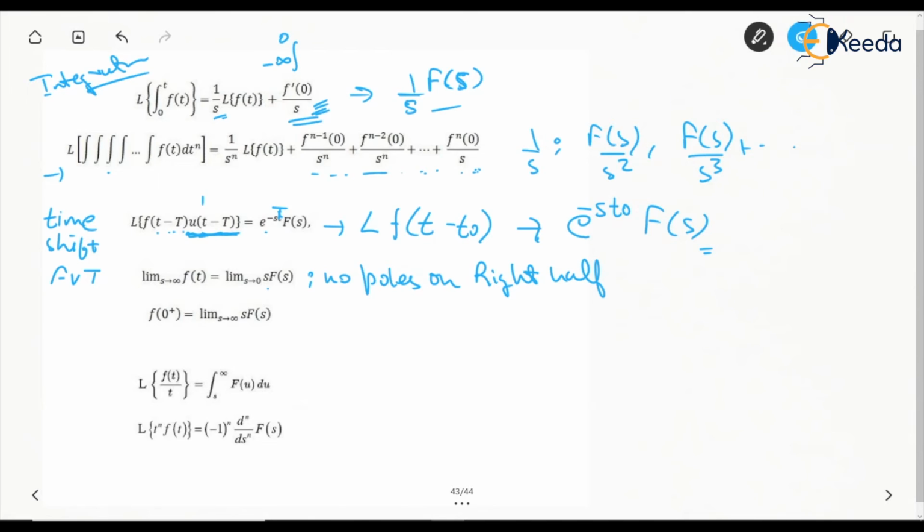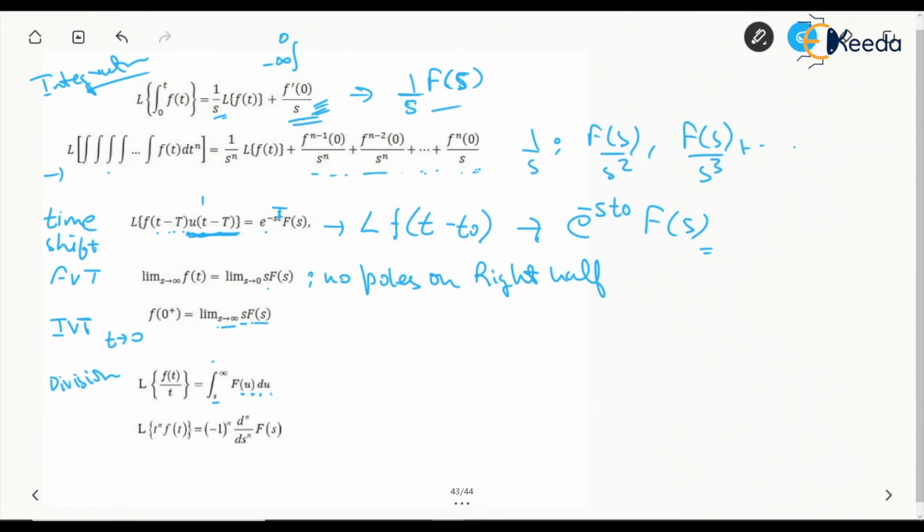And this is the initial value theorem. This is valid if the function is proper, and for finding the function in the time domain for t tends to 0, we can find it by transforming as f of s into s, and s tends to infinity. Now this is about division by t. So if f of t has f of s, f of t by t will have the integration from s to infinity of f of u du. We are taking u as a change of variable, that's it.